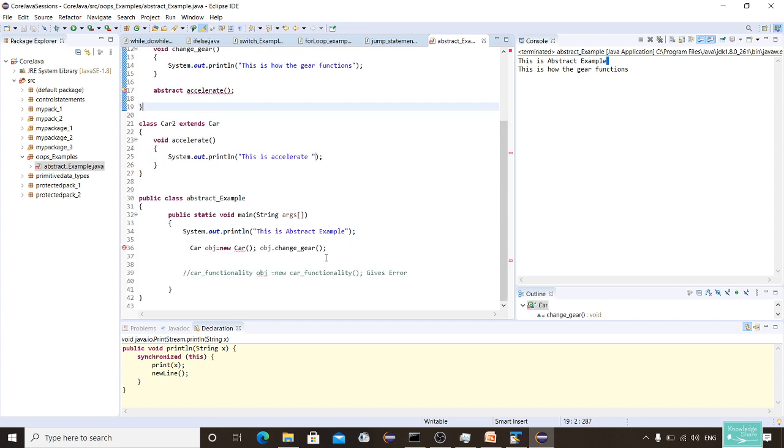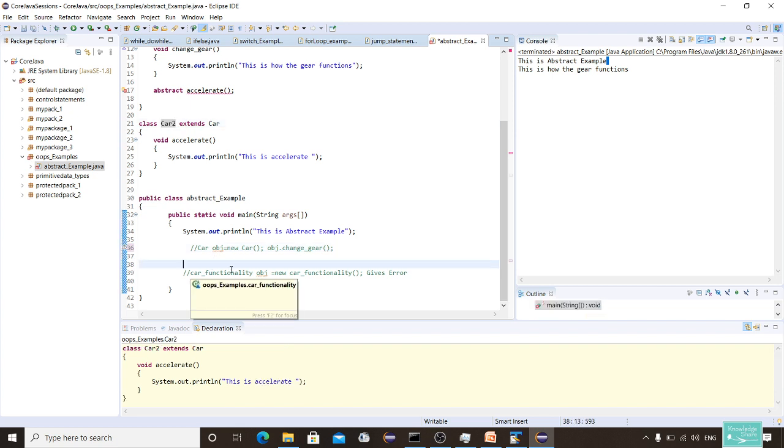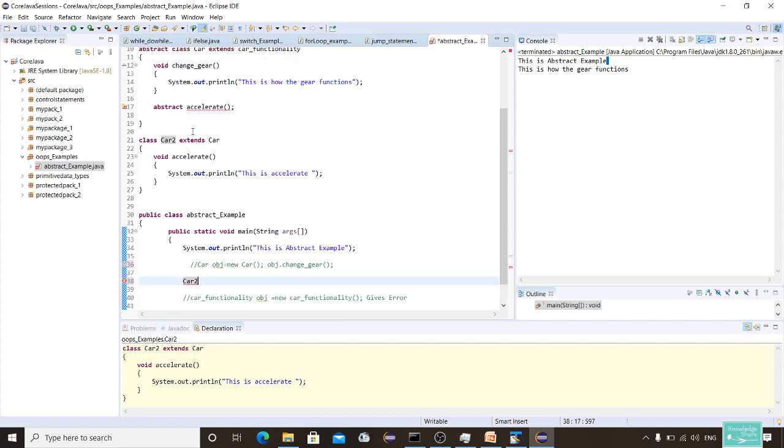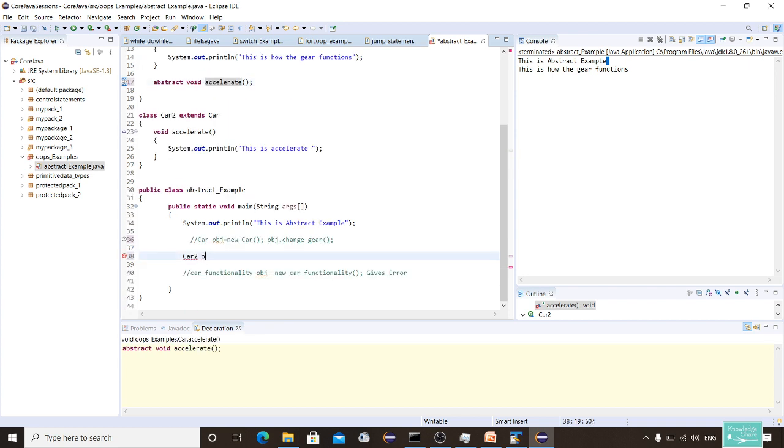Okay, now since we have an error here, let me comment this and let me create an object for car2. I have to give a return type here as well, abstract void. I'll say car2 obj is equal to new car2.